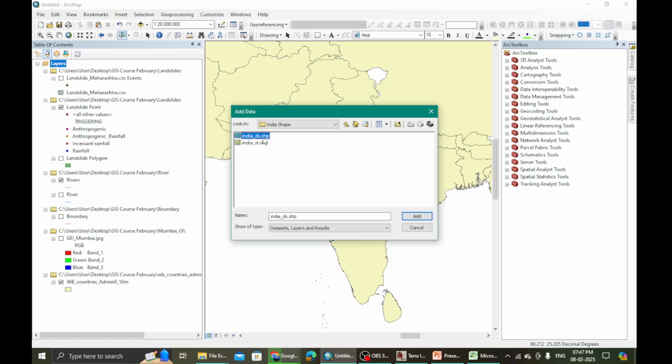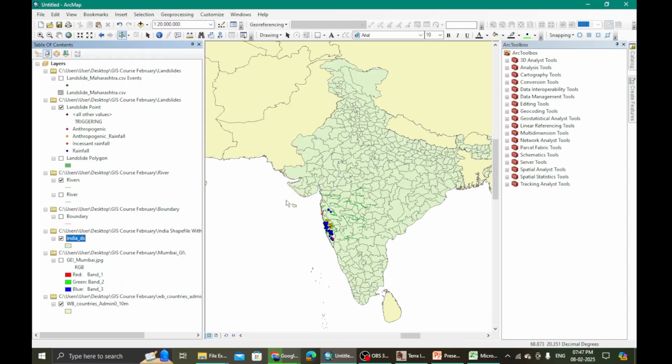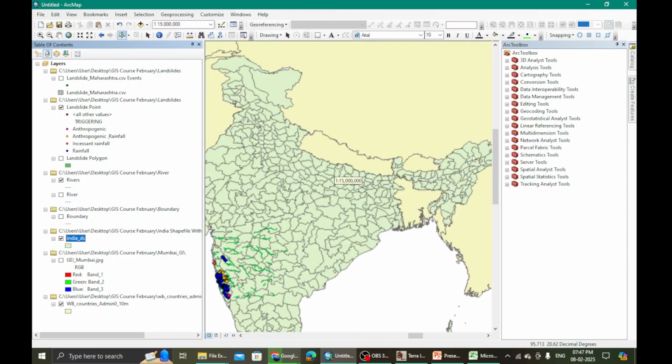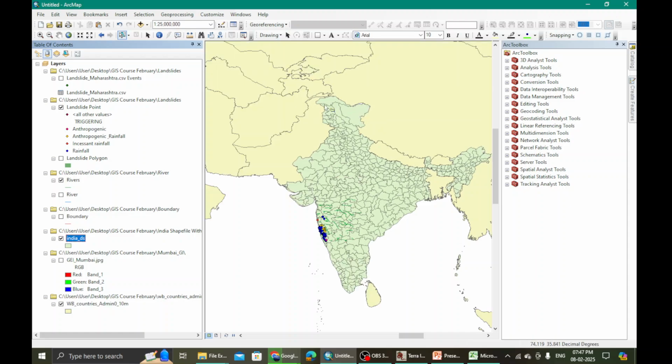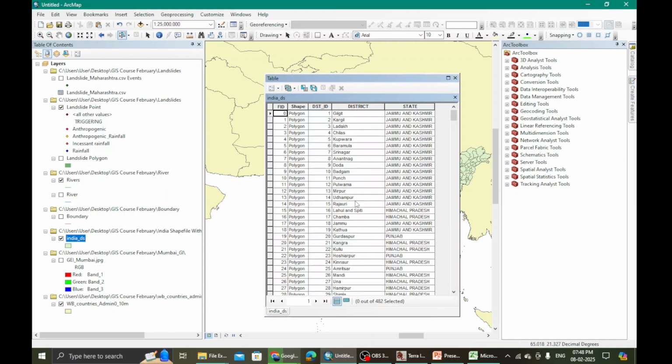Okay, so this is along with district, and this is along with state. So what I will do, I will take this district shapefile, and I add. All right, so it has added. Now this constitutes Arunachal Pradesh as well as all the other disputed boundaries, right? Now what do I do? I open the attribute table of this. If I open the attribute table, what I see is that all the districts along with their state are